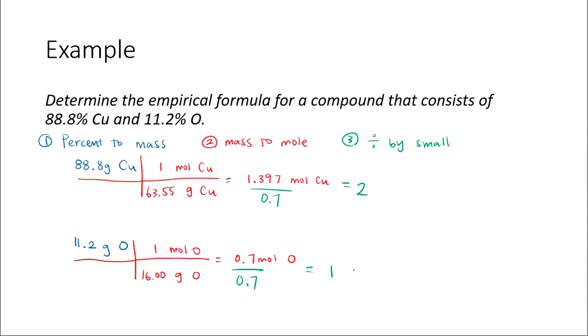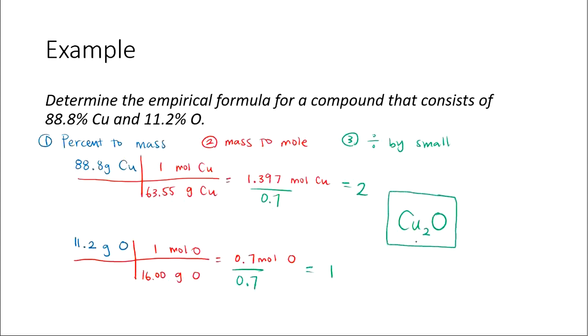2 to 1. 2 moles of copper to 1 mole of oxygen. I'm actually going to skip the last step, multiply till whole, because these are whole numbers. The reason why that last step is there is so that we can get rid of any decimal numbers, and you'll see that in the next problem. And so now I can write my final formula, my empirical formula, Cu, there's 2 of them, and O, and there's 1 of them. So the final formula is